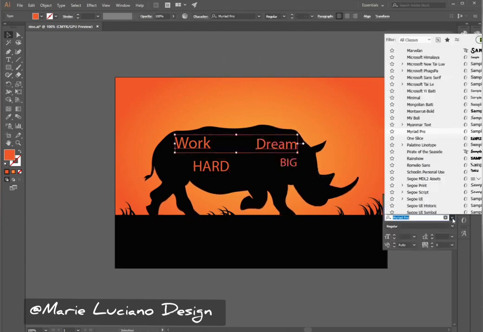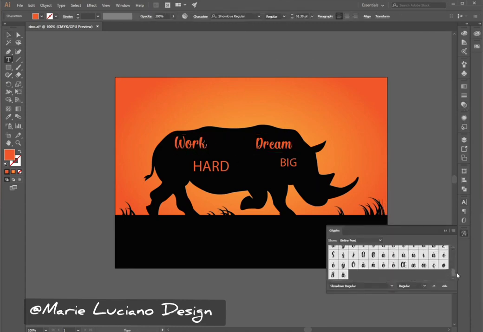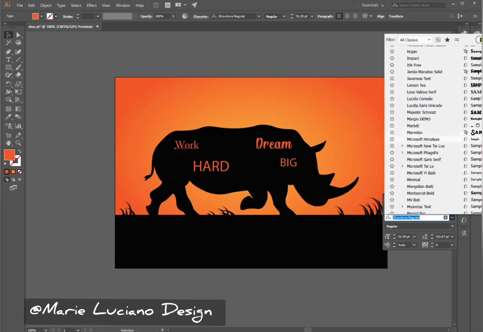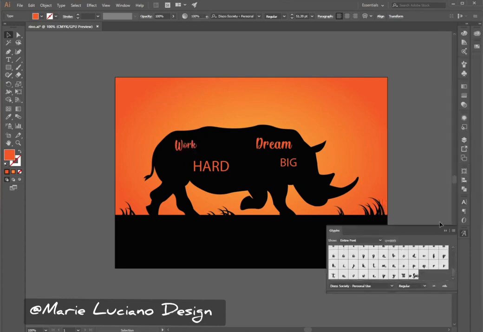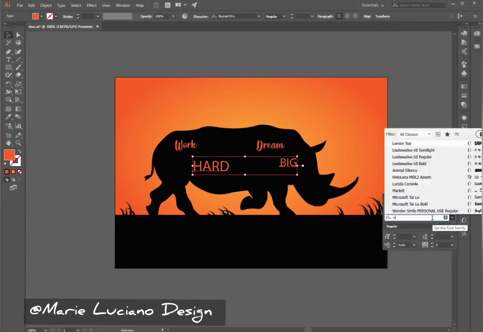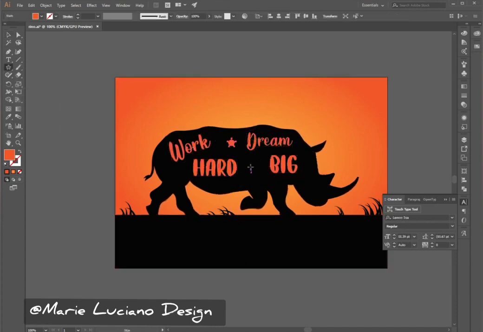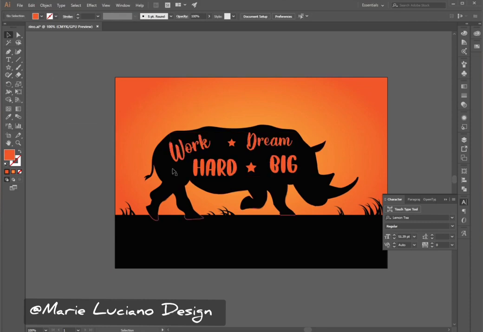And then just to finish this silhouette, I'm going to add a quote cutout. Use the type tool to type your words. My quote has 4 words, so I typed the words separately. They are all 4 separate. I'm going to place them more or less where I want them to be. Add a few stars